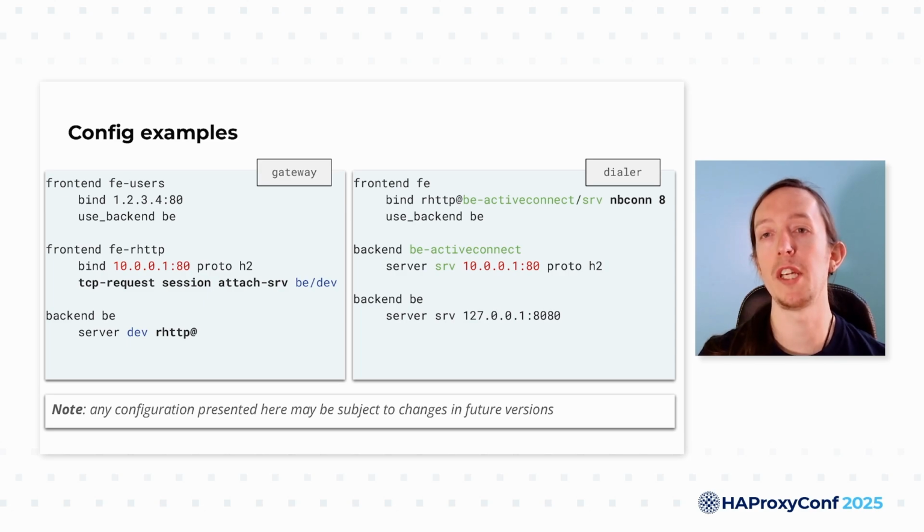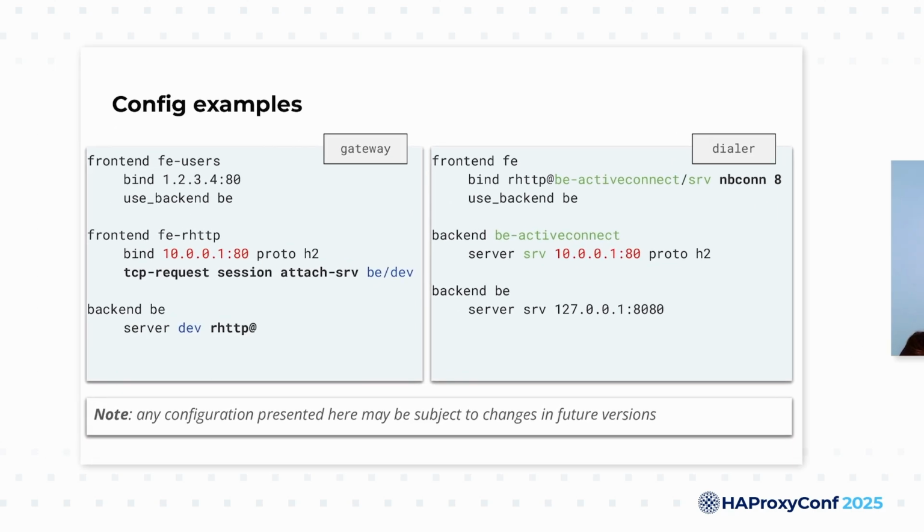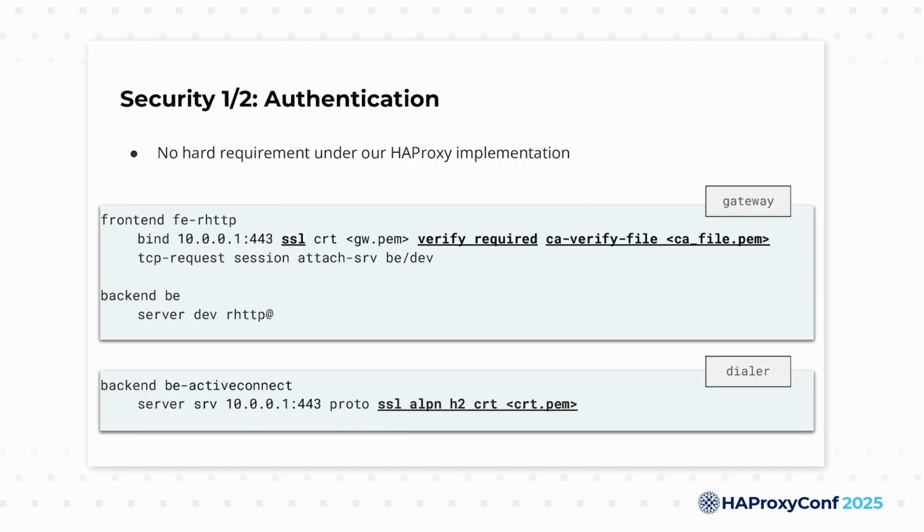And finally, for the dialer configuration, we see at the bottom the service which is exposed through the dialer. In this case, it is on the loopback address on port 8080. Let's talk more about security with reverse HTTP. With the sample configuration so far, there is no security introduced. This means that every dialer could connect to a gateway, and external users may browse to an unknown dialer instance. This is probably not what you want as the gateway administrator.